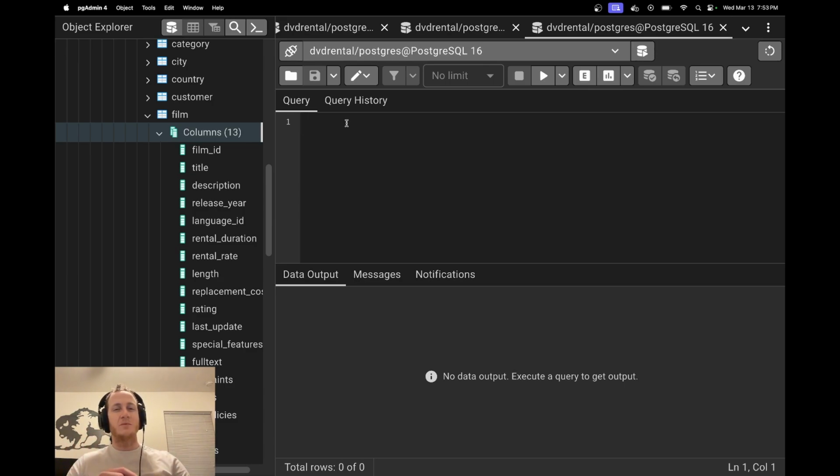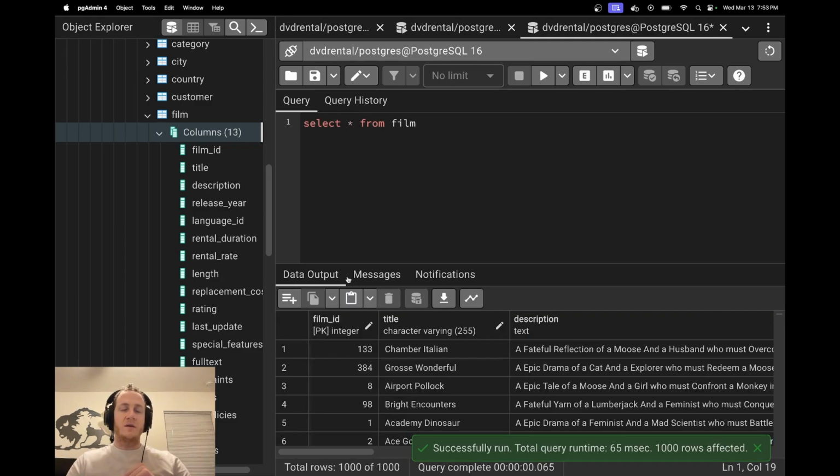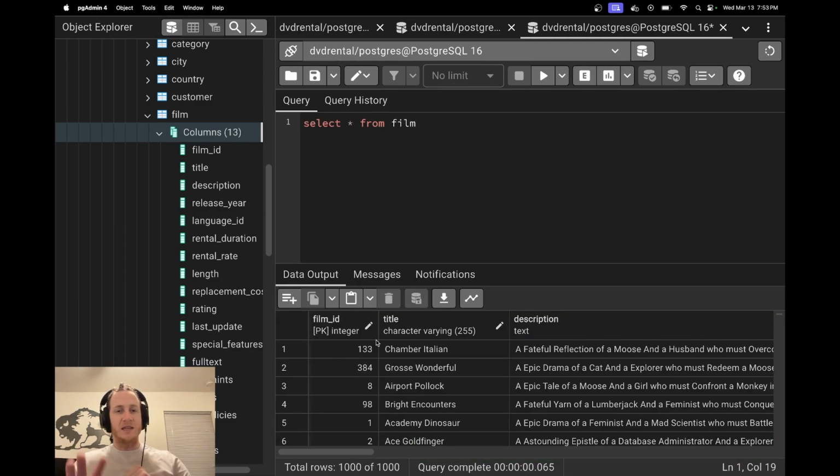Today, we're going to talk about subqueries, and we're going to show an example of where we could use a subquery and why they are super useful. So let's go ahead and first select everything from this film table. And we're going to pull this up here. This is the film table that exists in our DVD rental database. And these are all the films that are available out there on the market, and we have a ton of